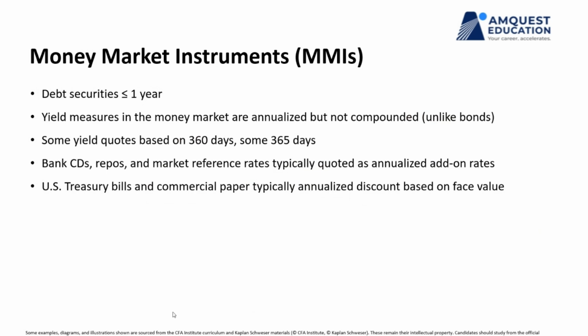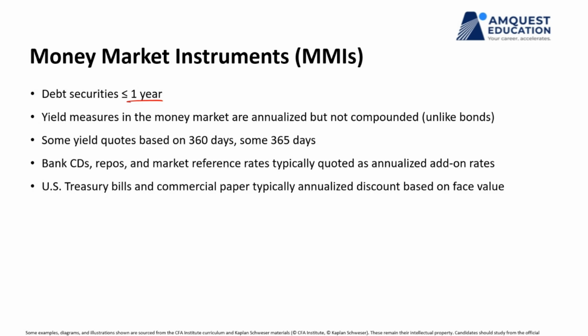Then recap in terms of money market securities, and we did talk about this previously as well in our discussions, that money market instruments are securities with less than 1 year. The yield measures in the money market are annualized but not compounded. Remember, in money market, you are going to annualize and not compound, unlike bonds. The key thing for us to remember from money market perspective, obviously, is maturity. That is obviously of utmost importance. But along with maturity,